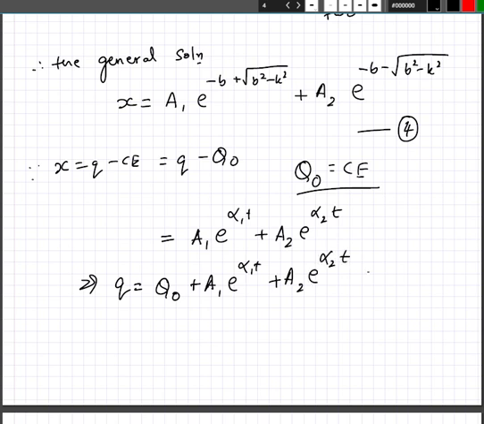So that is the equation that describes the growth of charge in the